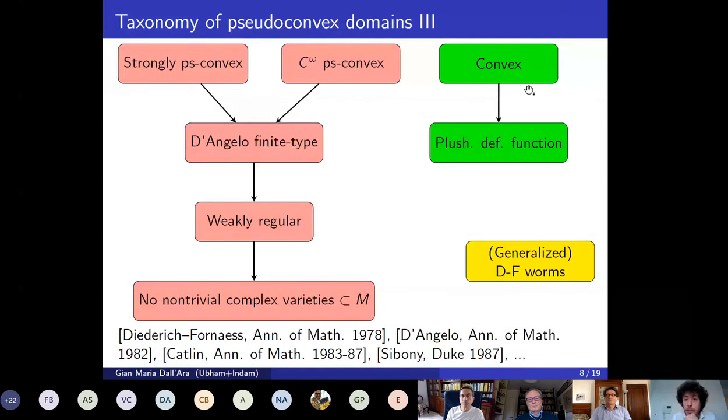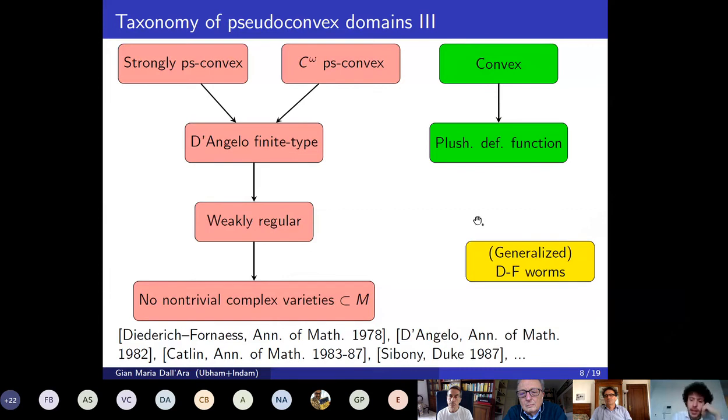Other examples of independent classes are the convex domains. These are much simpler from many points of view, but still they may admit complex varieties in the boundary. When this happens, as we also heard from Filippo's talk a few weeks ago, then you actually have affine subspaces in the boundary. And convex domains are special kinds of domains admitting a plurisubarmonic defining function, which of course is a condition implying